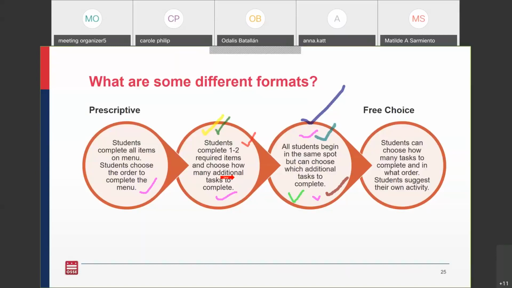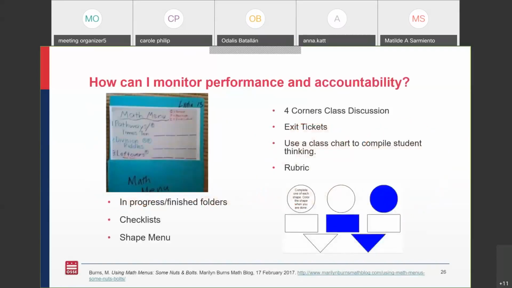Yeah, it seems like most of us are falling in the middle there. Again, one way is not more correct than another. So whatever works for you, and you may choose a combination of those depending on what the skill is, who your students end up being, and what you find you can manage. So as we think about management,